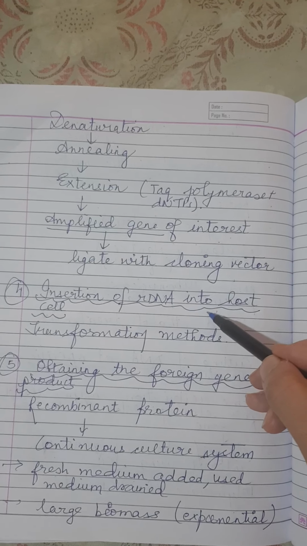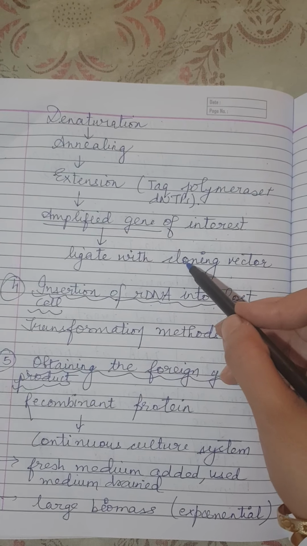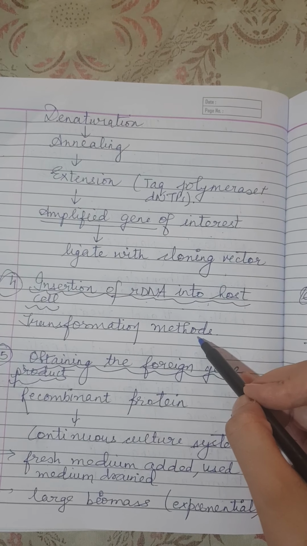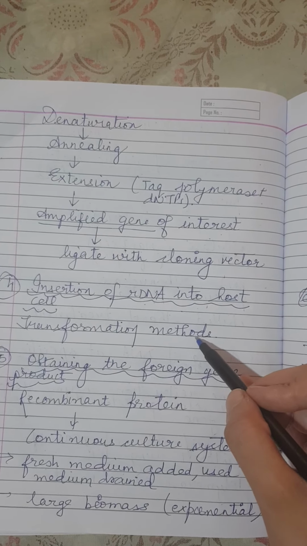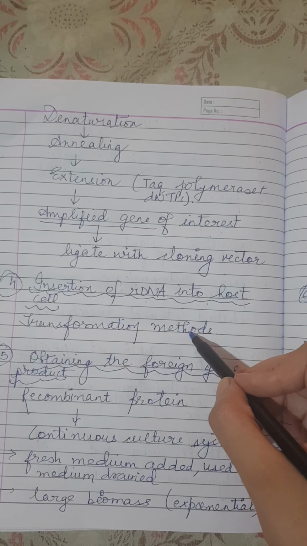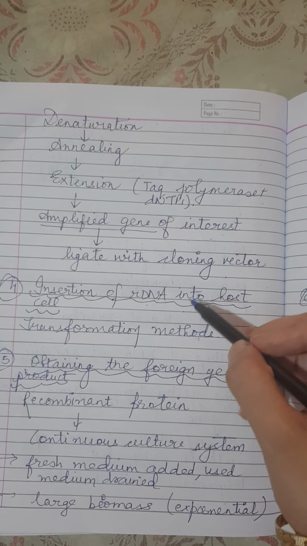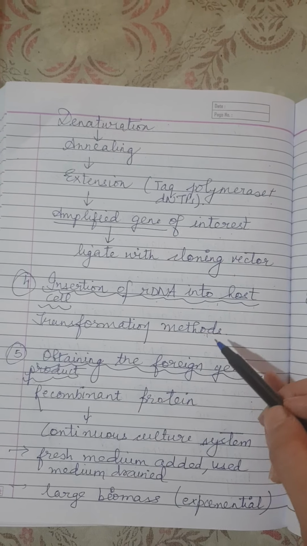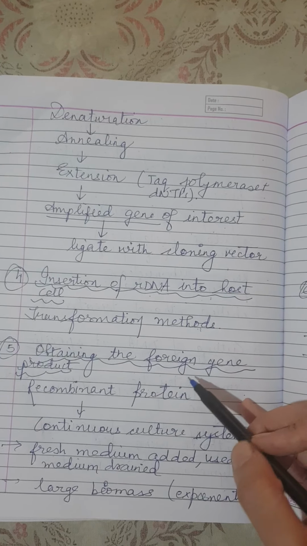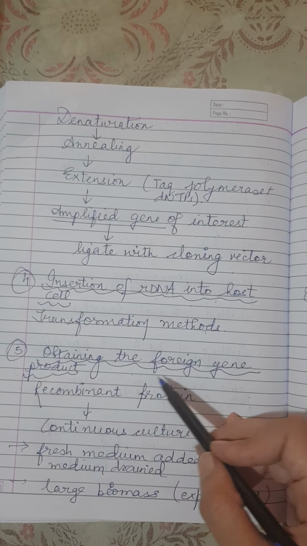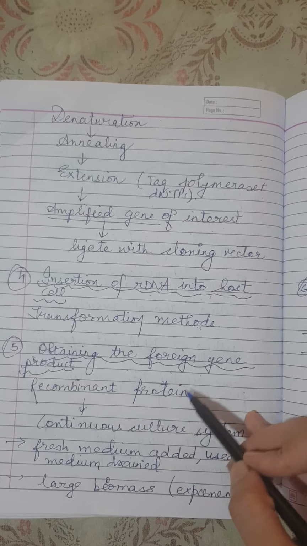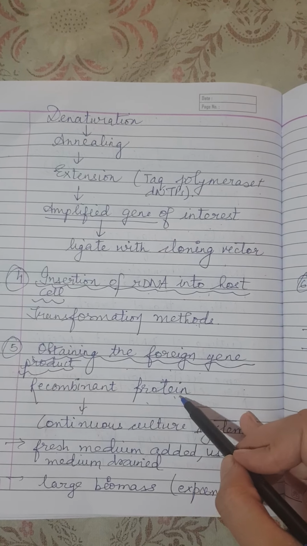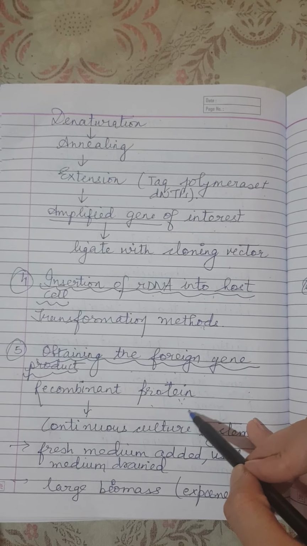The next step is insertion of our DNA, our recombinant DNA, into the host cell. In the last lecture video, we have seen different transformation methods wherein you can insert the cloning vector along with the DNA molecule of interest into the host cell. After successful transformation, the next step is obtaining the foreign gene product. The main thing is that expression of this DNA should be there,